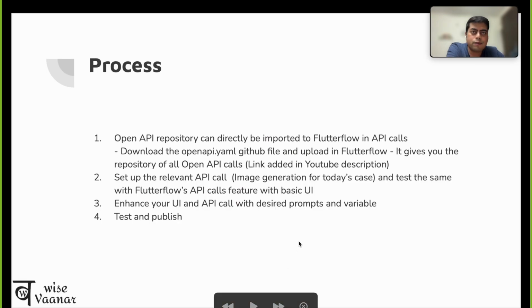Okay, so what's the process when we are looking at OpenAI integration? There are a few steps that are required. OpenAI has a repository on GitHub with a file named openai.yaml, and you can directly download and upload that in Flutterflow. It supports a sort of native integration where all the different types of APIs that OpenAI has published on GitHub will get uploaded on Flutterflow. I'll add the link in the YouTube description so that you can easily locate that file and upload it on Flutterflow. The second step is, once you are done with that, there would be scores of different types of